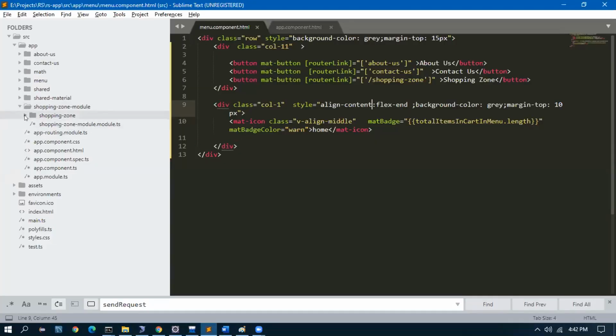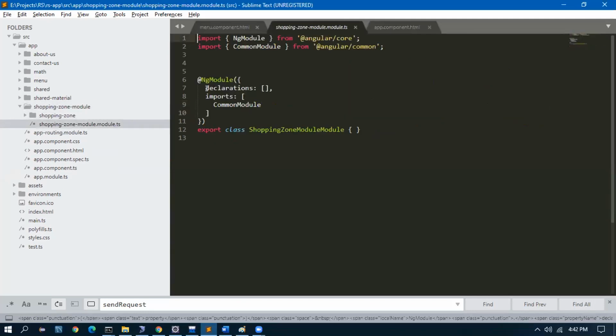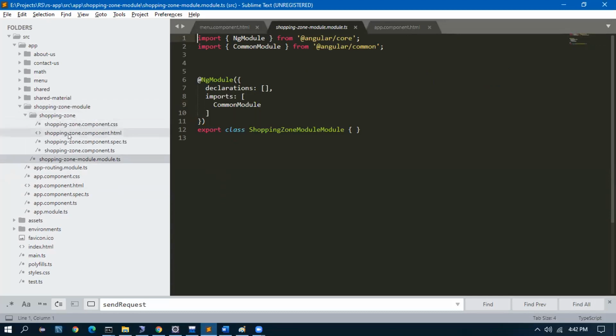Okay. I'm stuck here. What did you do? I created one module. Module means a file, shopping zone module.ts. Already we will have like one thing, right? We don't have module. We only have components. There is only one module in our application, which is app module.